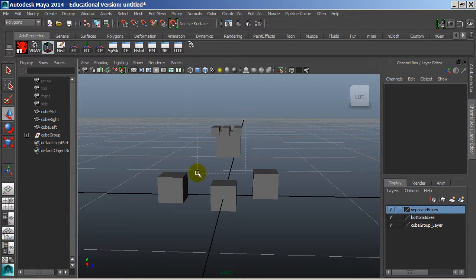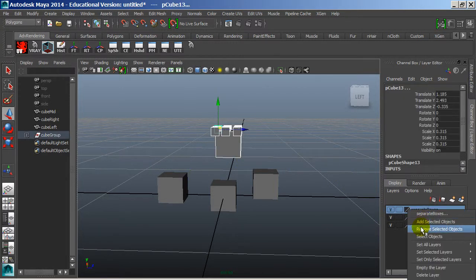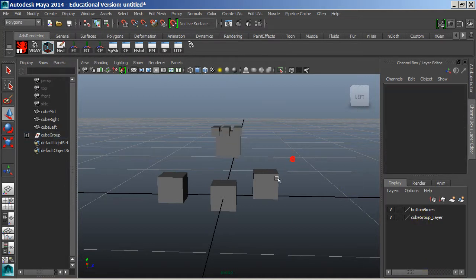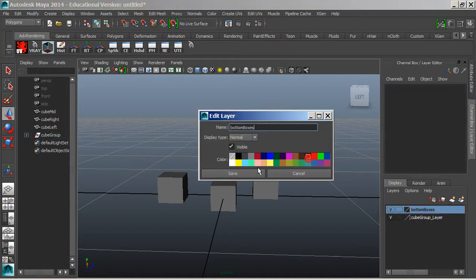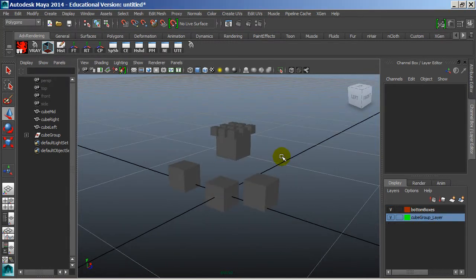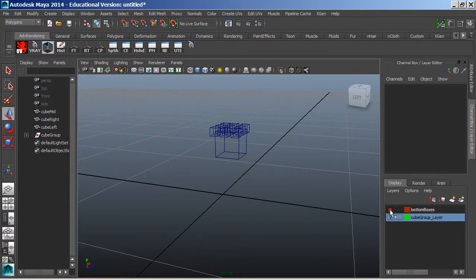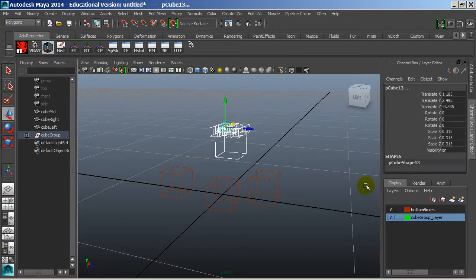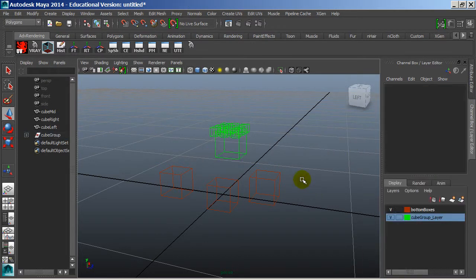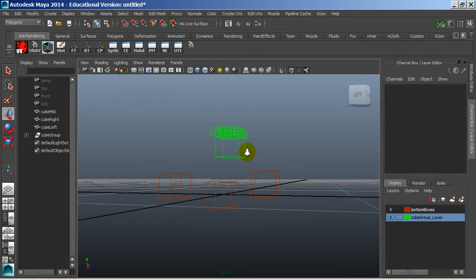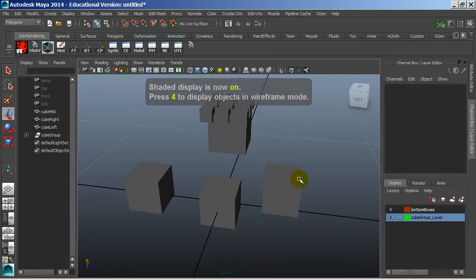Okay, you could also grab these things and right click on this and you could remove objects. You can select objects if you're not sure what's on it. You can delete the layer and remake it or whatever. And the cool thing is too that you can double click these and you can start coloring these things. Okay, we're not going to see any difference now, except when I go to wireframe. I don't know why that's not working. Oh, because it's not on the layer? No, it is. Oh, because individual objects are not on this layer. All right, so now I can see the different color that's part of these. So that can just be another handy thing, just to help you stay organized